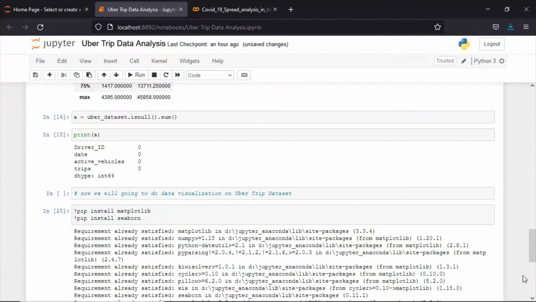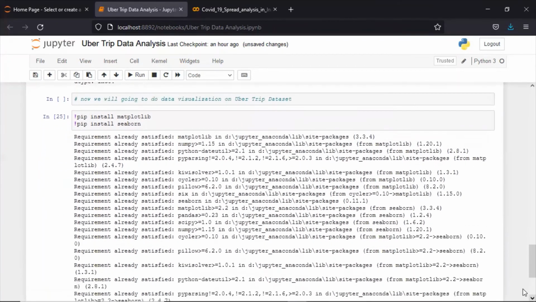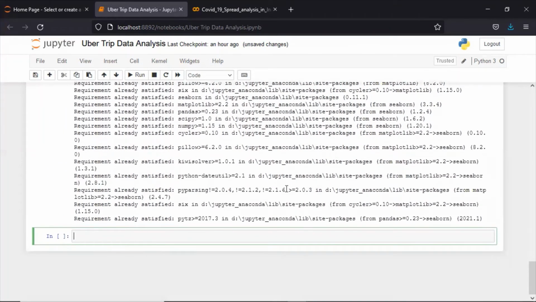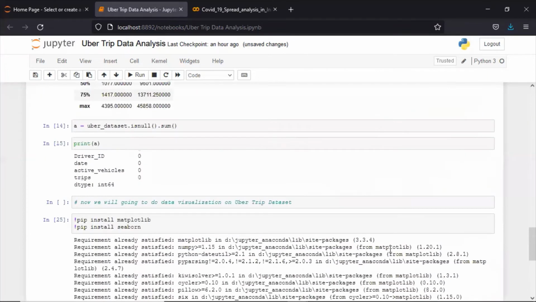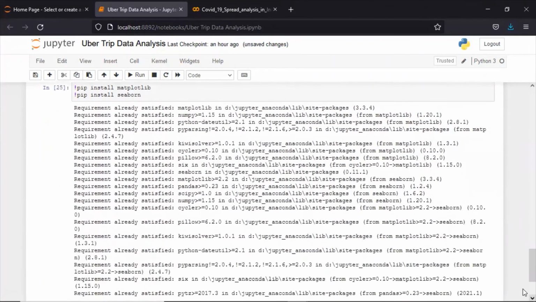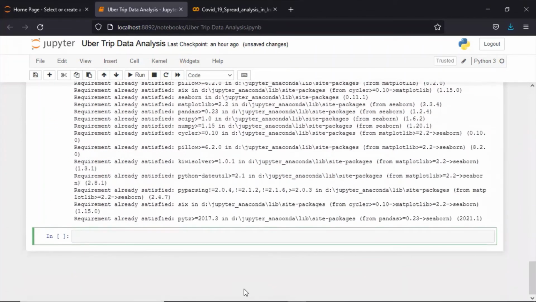So you can see here, I am getting requirement already satisfied because I've already installed it before. But to show you in the project, I'm running this. When you run this project the first time, you have to do it as a mandatory step. Otherwise, you will get an error. And in your case, you will get a message like requirement done, or installation done successfully. So let's do the further step.